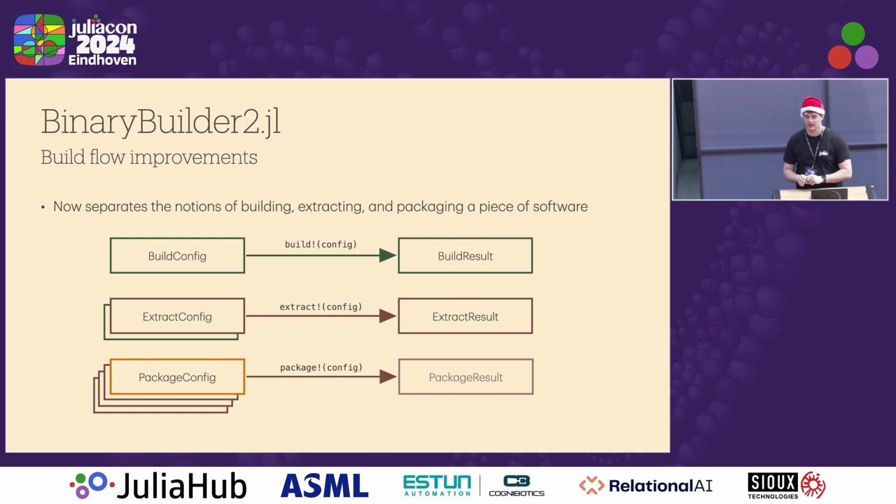So you could have a build of a package with an extraction that takes only the shared library and uses that with Julia, and another one that takes everything and uses that for BinaryBuilder. This is the idea behind separating out these two pieces. You could also have a build that builds all of LLVM, then separates it out into Clang, libLLVM, whatever other things you build from LLVM. I'm not sure. A package config takes multiple extraction results, across all the different platforms that you did these builds on, bundles them together, and creates a JLL from them.